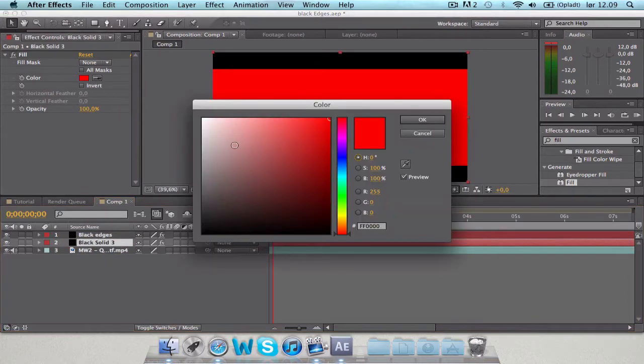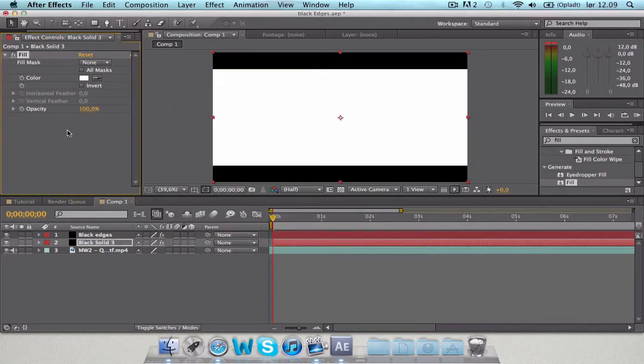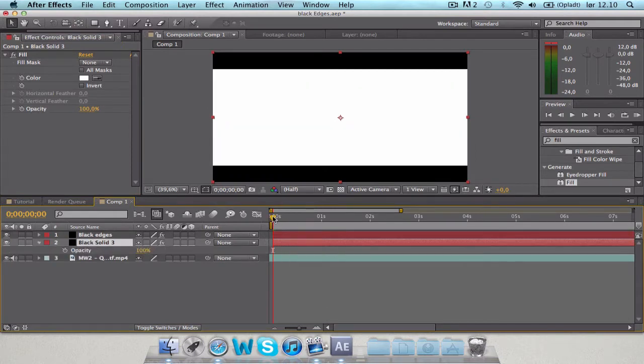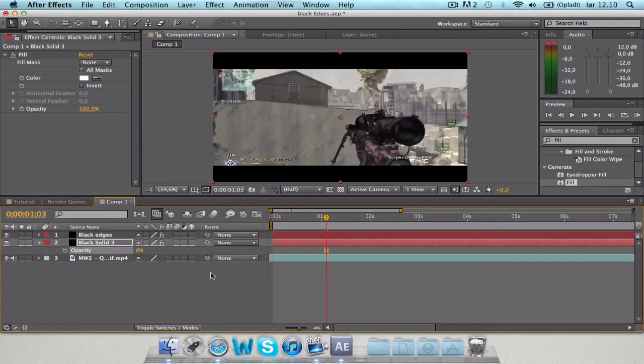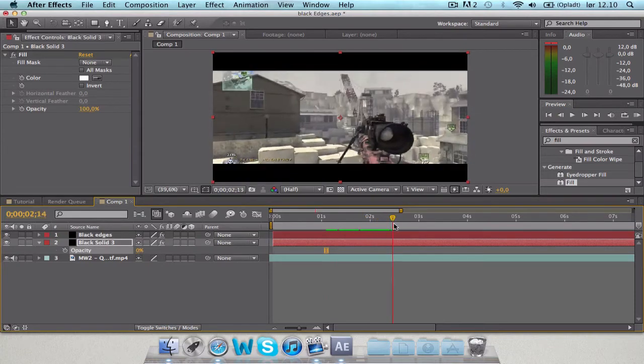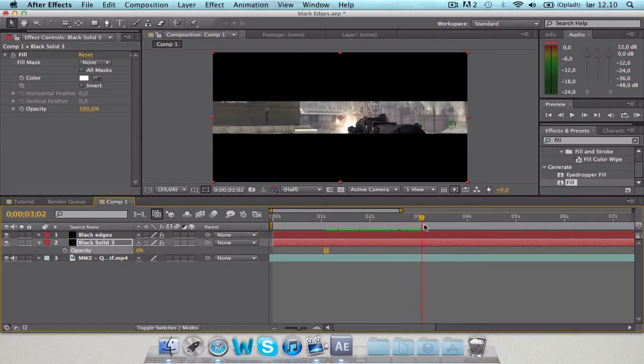Then we'll make this white, and then we can see the opacity, but when we go down and press T on our keyboard, the opacity comes up. So we'll set this to 0. So we know where he shoots right there.